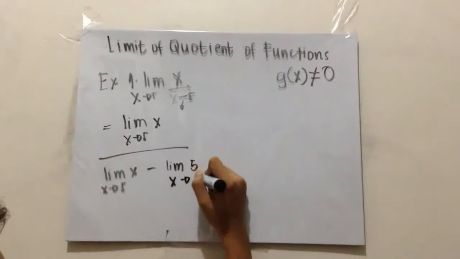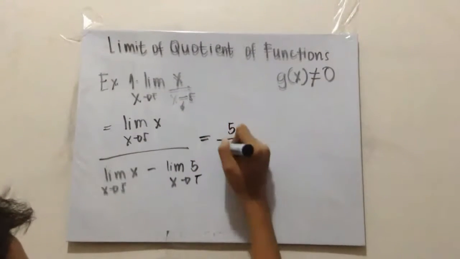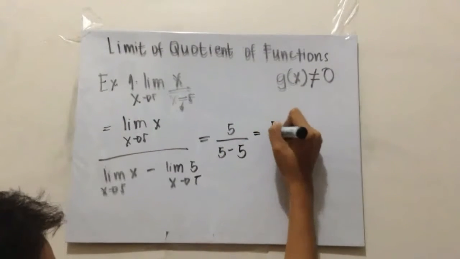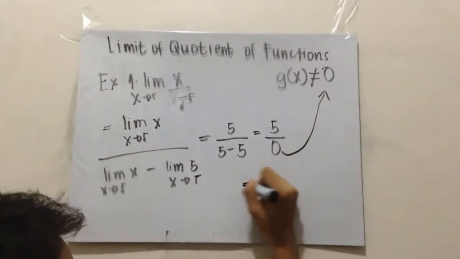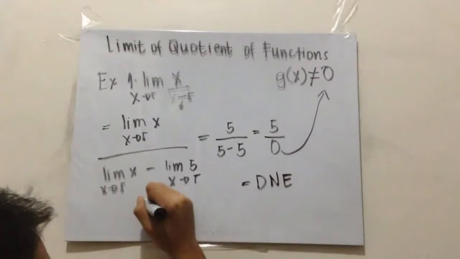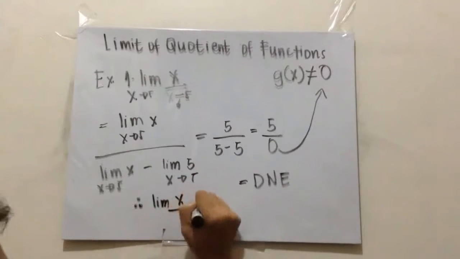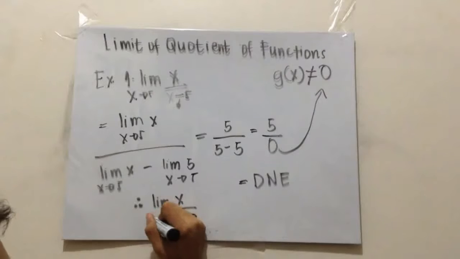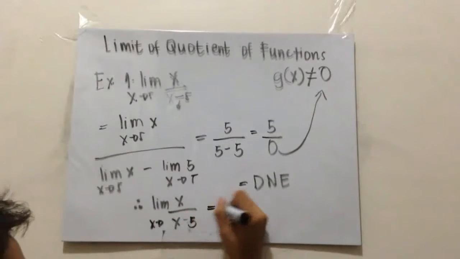Limit of 5 as x approaches 5 is equal to 5 over 5 minus 5, equals 5 over 0. In the limit of a quotient, g must not be equal to 0, so the answer is DNE, or does not exist. Therefore, the limit of x over x minus 5 as x approaches 5